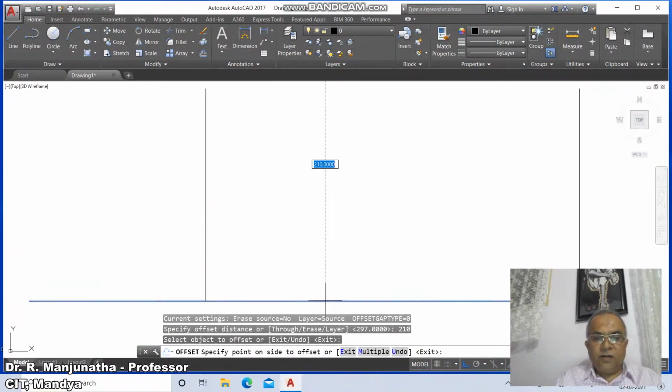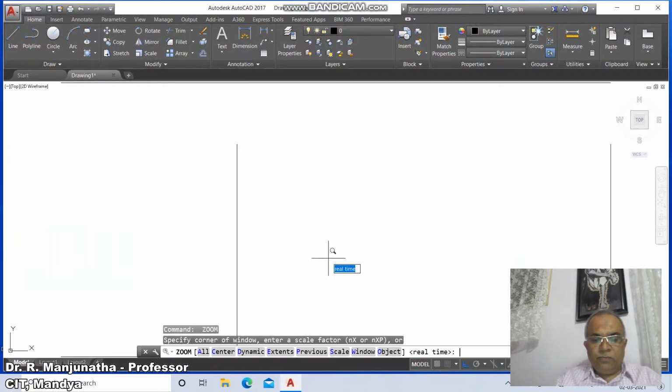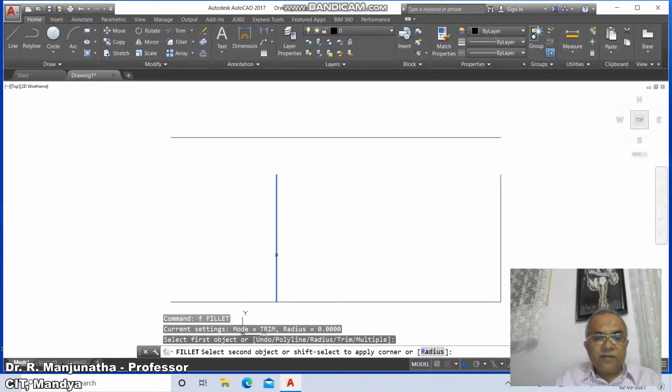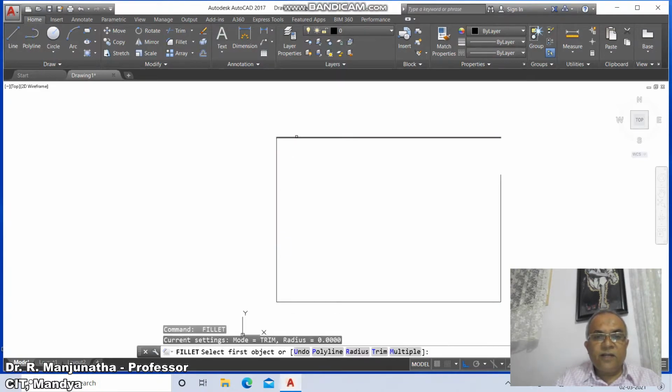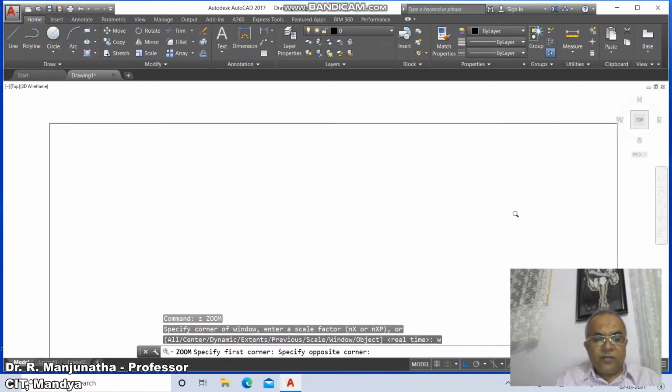and then go to offset, take the distance as 210, select the horizontal line and offset to the top side, then go to zoom extents and zoom 0.6x, then go to fillet between this line and this line, similarly fillet between this line and this line, similarly fillet between this line and this line. Then go to zoom window, take near to the screen and go to D-text,